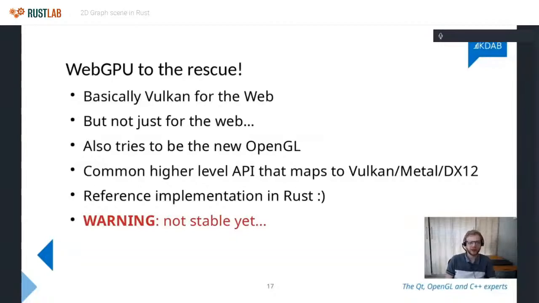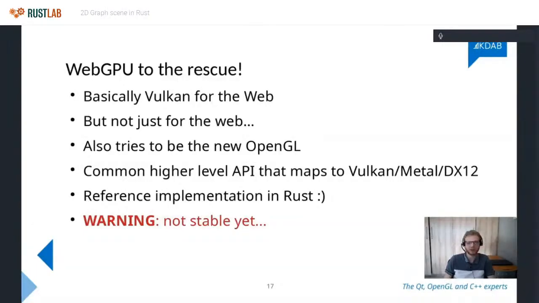But the interesting thing is that it's not only for the web. You could use it for any application really. The way WebGPU currently works is they've got two reference implementations for it. One is written in Rust, coincidentally, the one by Mozilla, and then there's also a C++ one from Google.